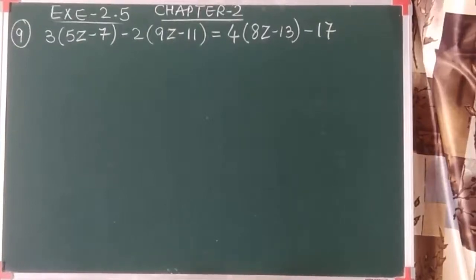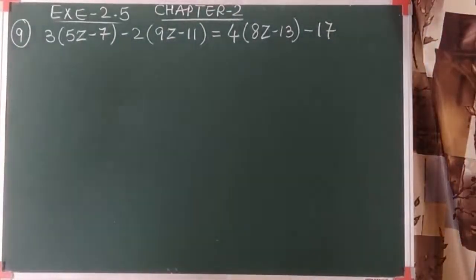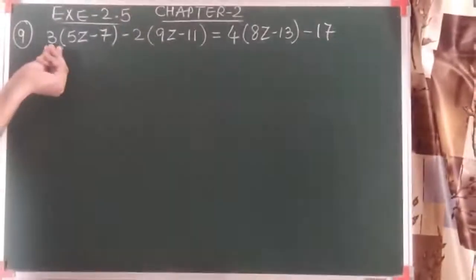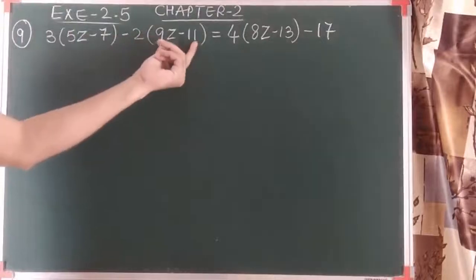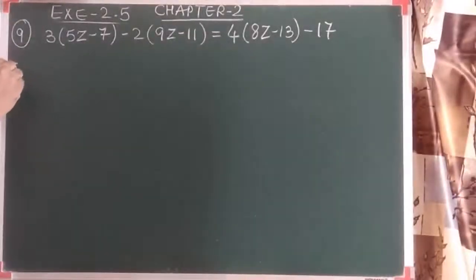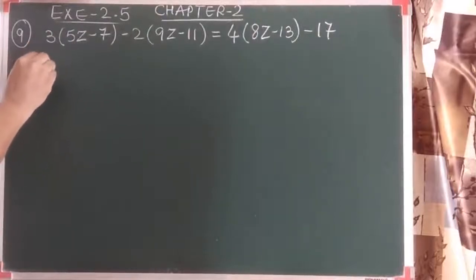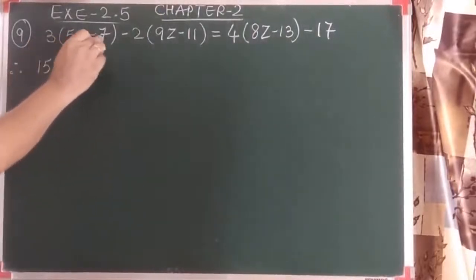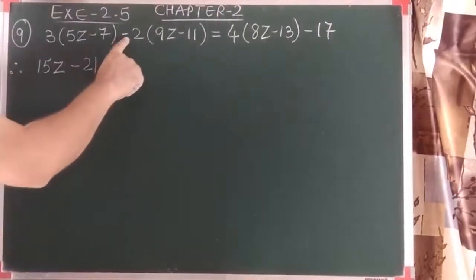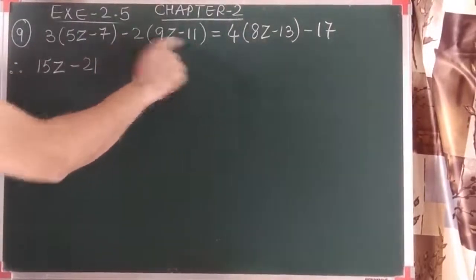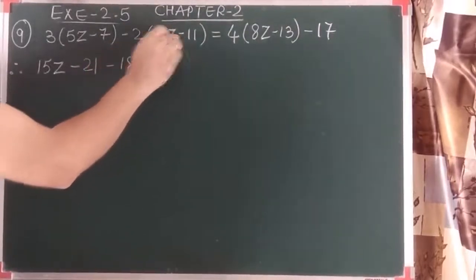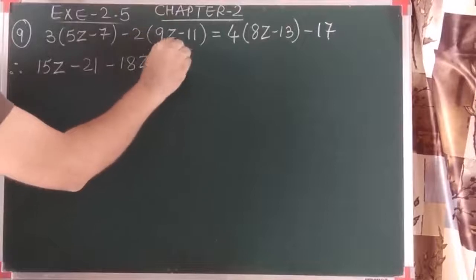It is almost the same kind, but you can see that here there is no denominator, so there is no need to take the LCM. Let's multiply this term with the bracket, and this term with the bracket as well. After simplifying, let's see what we obtain. 5 3s are 15 and minus 7 3s are 21. Now as I told you previously, when the sign is minus, the sign has to be changed. 9 2s are 18, plus minus minus, minus minus plus 11 2s are 22.